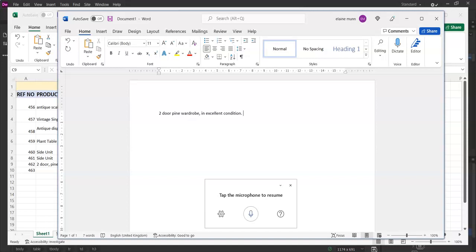What else could I say about that pine wardrobe? I could maybe give it sizes. All right, so maybe I could give the sizes at this point and see how we go. And we'll not put the price in because you're going to put that in the other column, right? Okay, so we could put the sizes in by saying it like